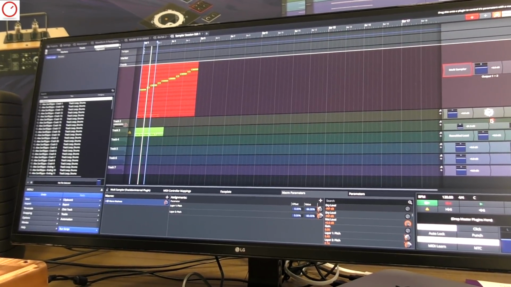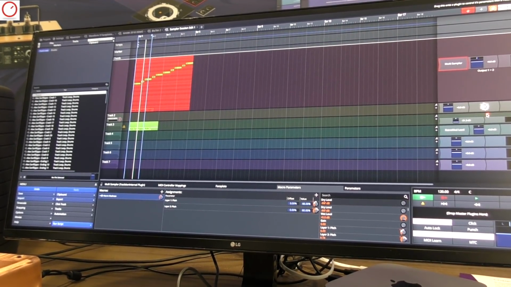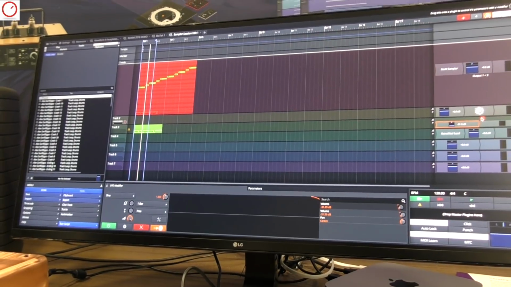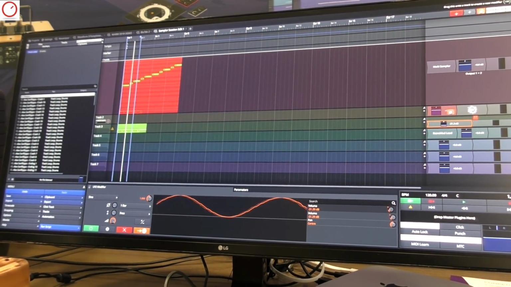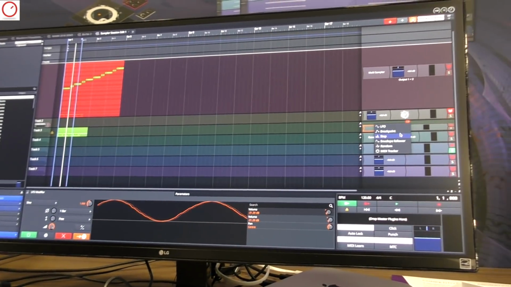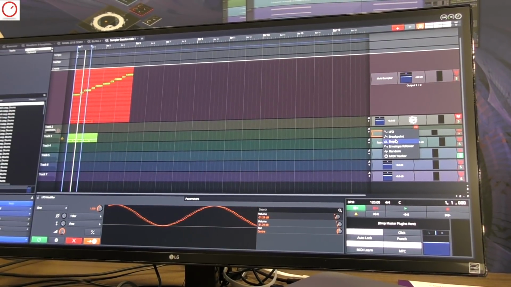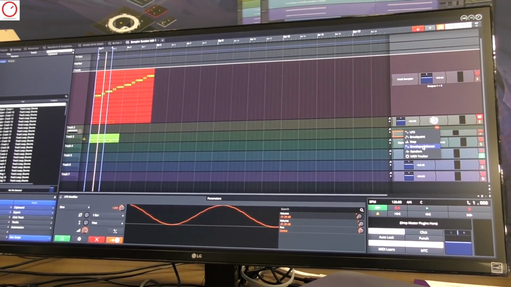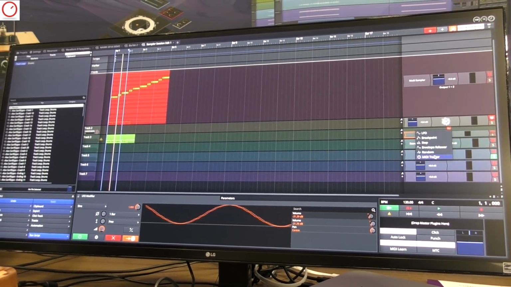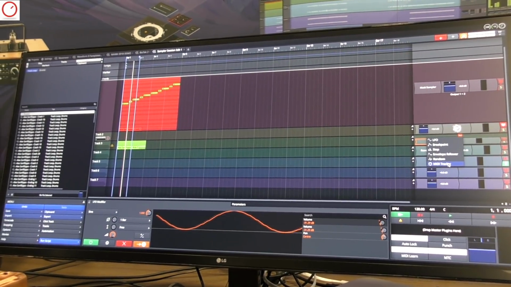We've also expanded our automation modulations, so we have a bunch of new modifiers now. We've got LFOs, and then we've also added a breakpoint editor, a step editor, an envelope follower, so you can take the audio from a track to control parameters, some random modifiers, and also MIDI trackers, so you can take MIDI input